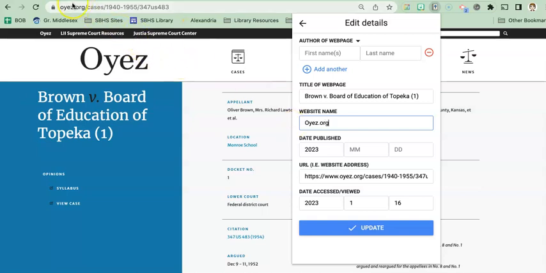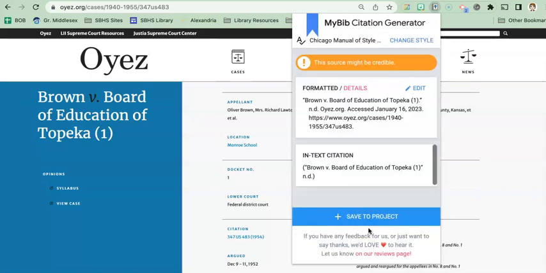Okay, easy enough. I can get that from here. The date it was published, well, I happen to know that there's no publication date or update date on this particular page, but I'm going to use the date it was accessed by me. So I can use all of this information and then say update, okay? And then I have a decent